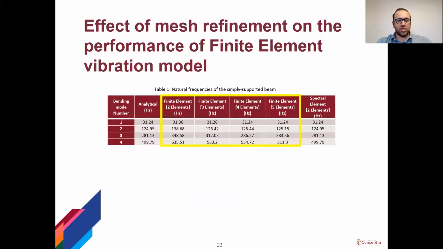So as you see, as we increase the number of elements from left to the right, the results converge to the analytical solution that are shown on the left, and this convergence rate drops as we go for higher modes, like the last row. But for the case that we used two spectral elements, that was enough to capture the exact analytical solution for